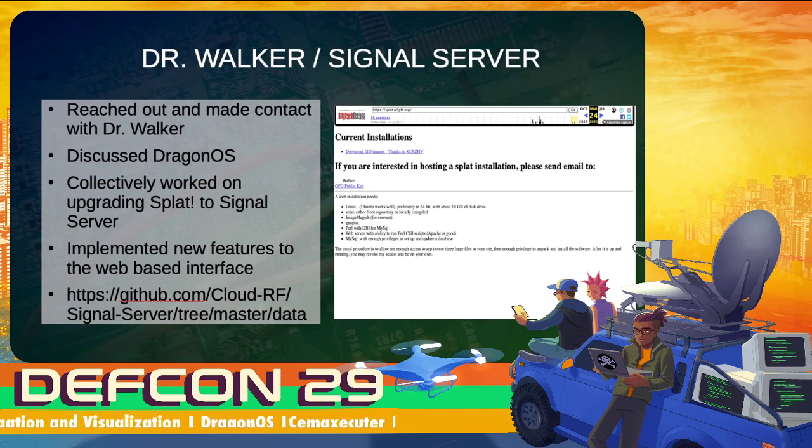That led me to Dr. Walker. You can see over on the right what the page looked like earlier this year: if you're looking at hosting a SPLAT installation, go ahead and contact me. I can see there it needed Linux and some other things, so perfect, right? I reached out to Dr. Walker, made contact via email. He explained that the site wasn't running anymore, but became very interested when I discussed including his work into DragonOS. So at that point, we worked together collectively on not only getting SPLAT incorporated into DragonOS,